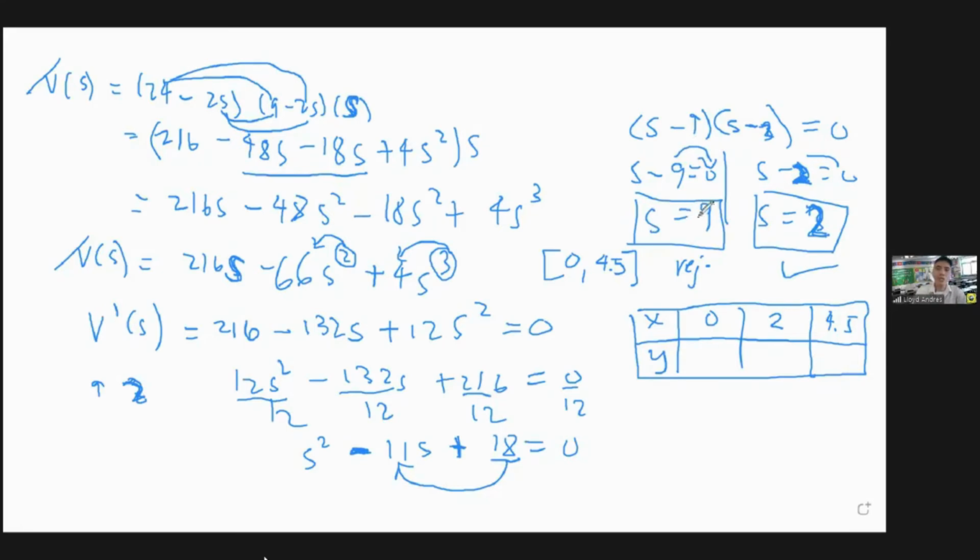Kung s nato is 0, ay kon i-rewrite na lang nato. Ang function nato is V of s is equivalent to